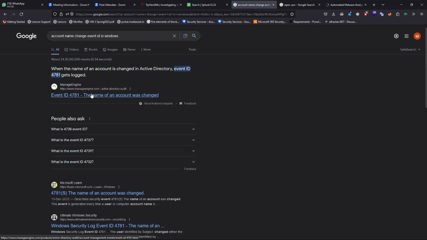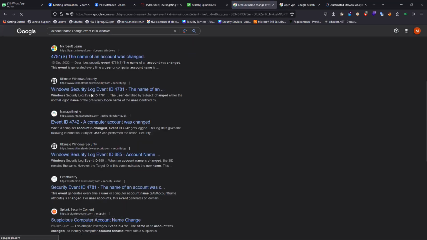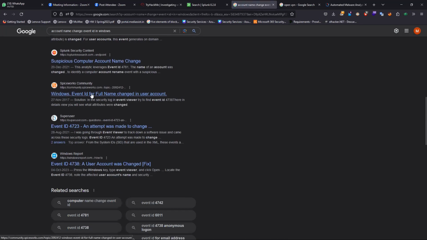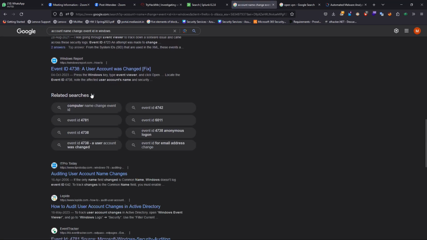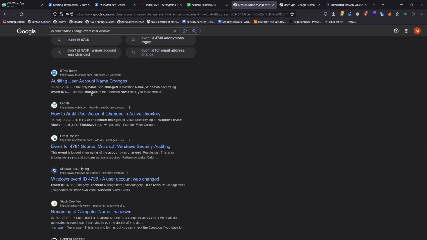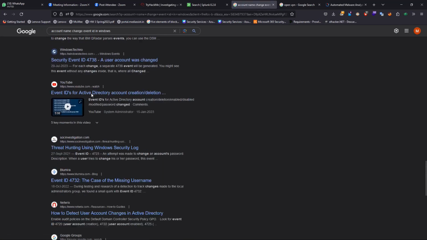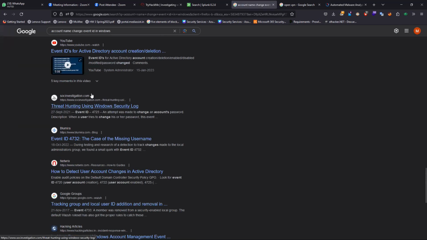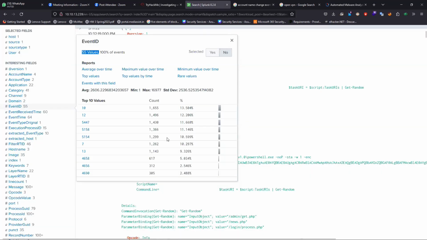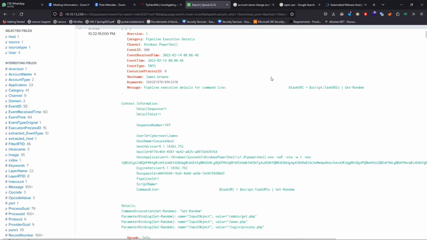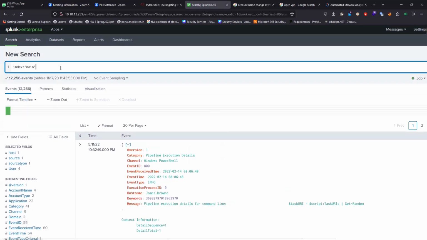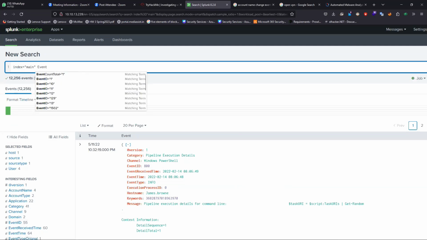So it is showing 4781, but this also does not work. The actual one is 4720. So yes, we are quite near to that, but it will take a long time to understand with the event ID because we have to remember lots of things depending on that part. So this is how we can get a little idea, and we got an idea if you go here with event ID,